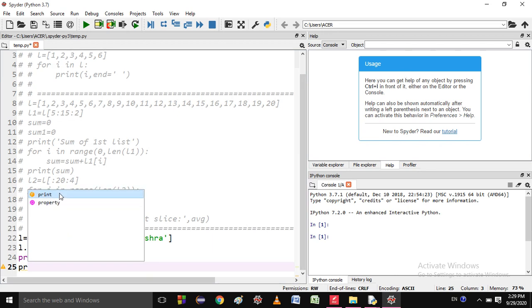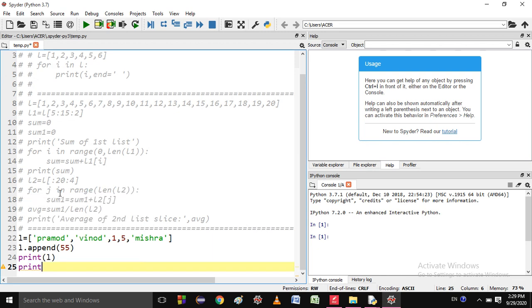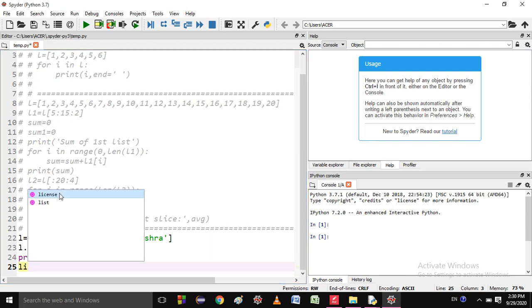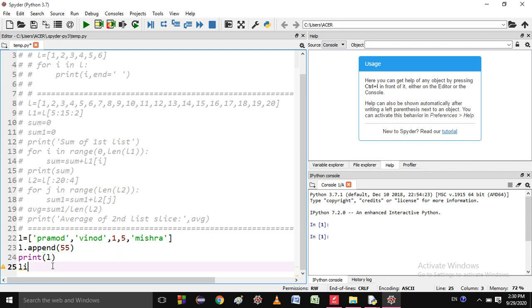You just click here, and it is written already. If I write anything like license, list, these are the suggestions you get. If you get the suggestions, then you will always expect suggestions in the examinations also. So you should not try to use this.